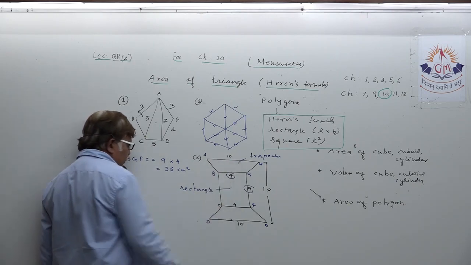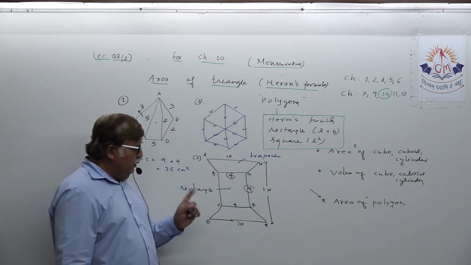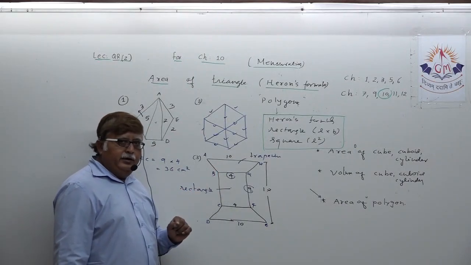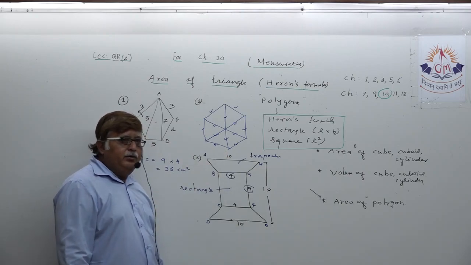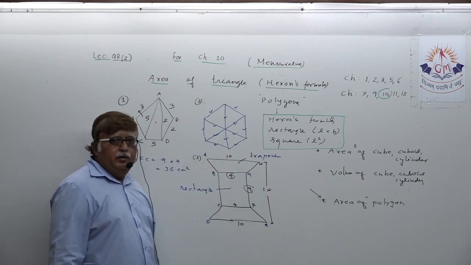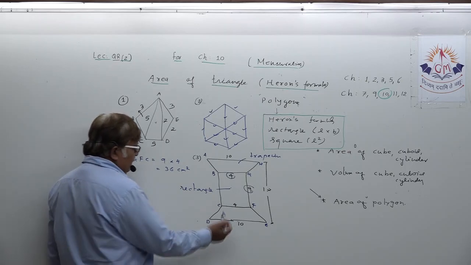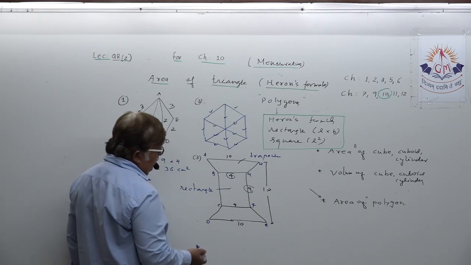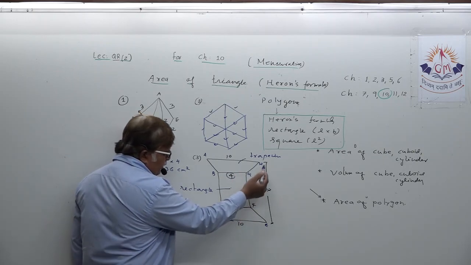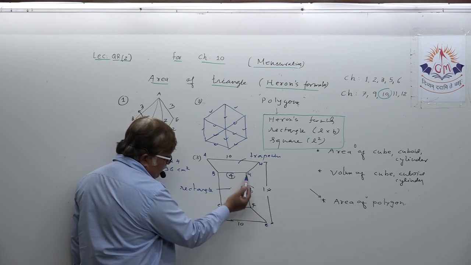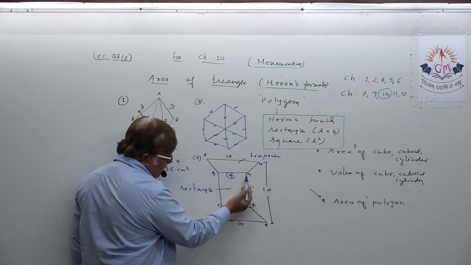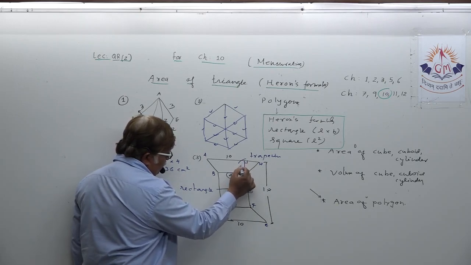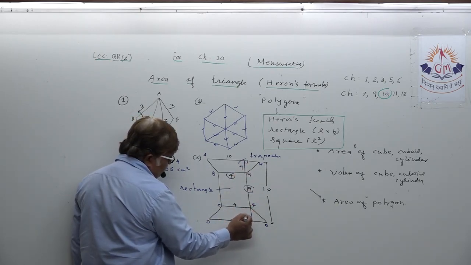Now comes the question. If you want to find area of any trapezium, what is the basic I taught you? You should have the knowledge about 2 parallel sides and the distance between the 2 parallel sides. How can it be found out? It is quite easy, dear. Total distance is 17 and this is 9. 17 minus 9, 8 divided by 2. This is also 4 and this is also 4.